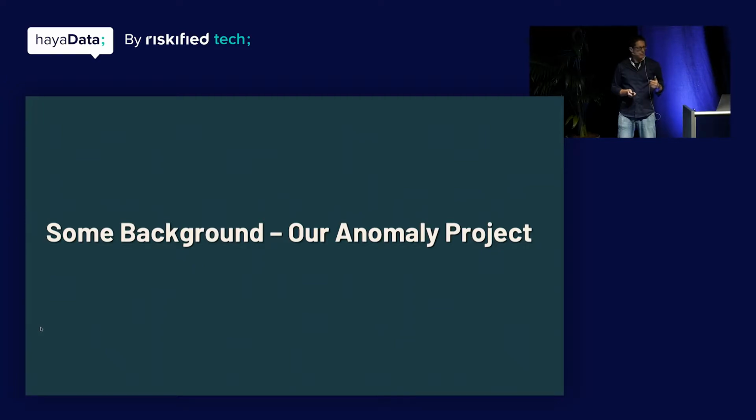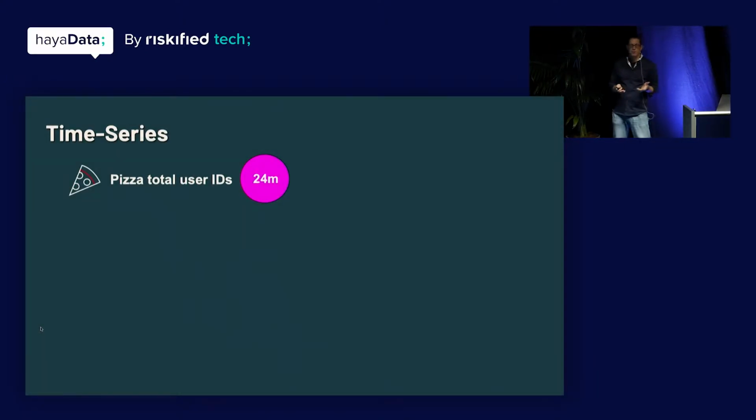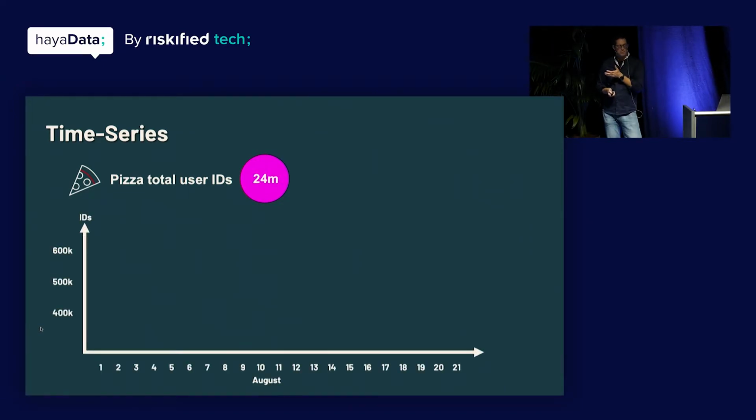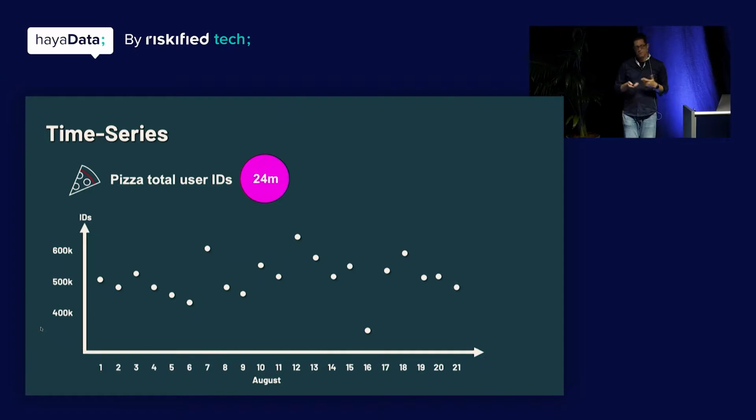And to explain it, I want to explain what time series, which I mentioned before, is. So I mentioned the pizza audience, which might be 24 million people, but this data really accrues daily. Every day we classify more, new people, with the label pizza lovers. So the data comes in like a time series, basically of volume of users that we classified that day. So we accrue points in time, and each one of these audiences is a time series.